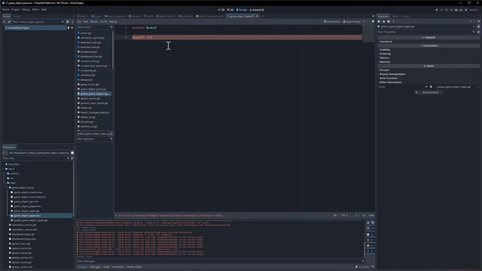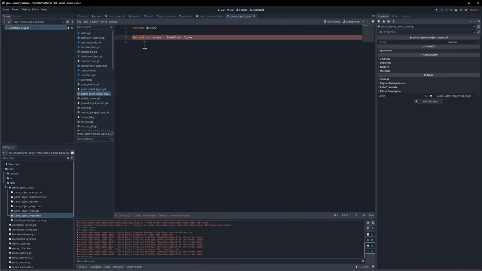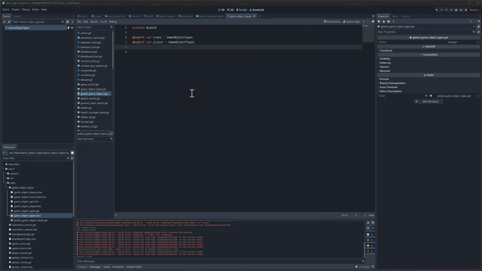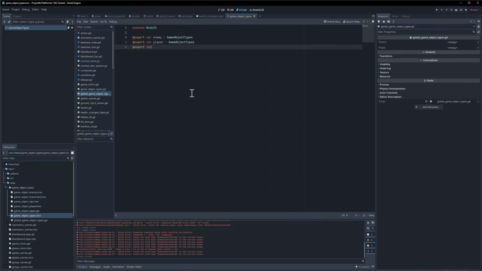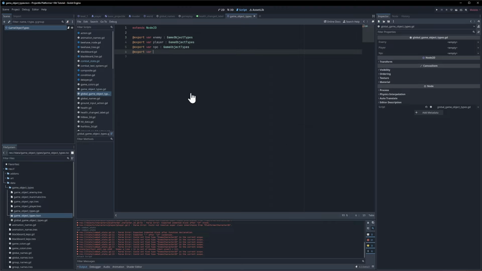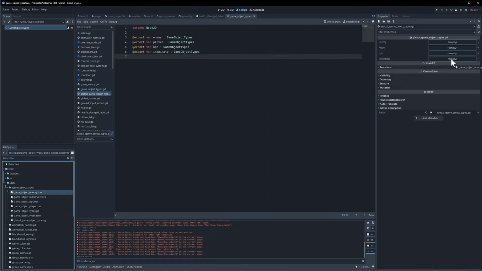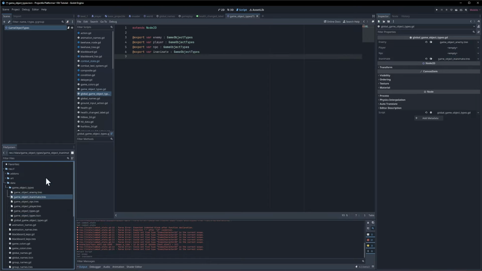So @export var enemy will be, of course, game object types. And then we do that for each one we need. So @export var player, game object types; @export var npc, game object types; @export var inanimate, which would be game object types. Okay, and now I'll just assign each of these in the inspector. So inanimate,